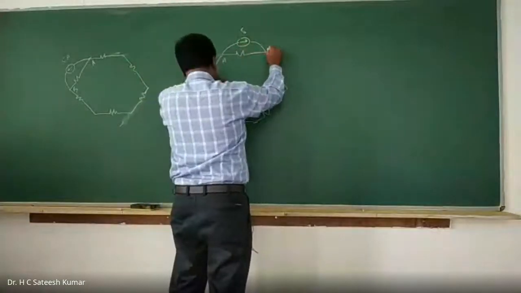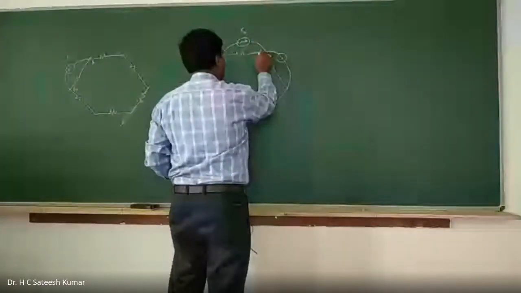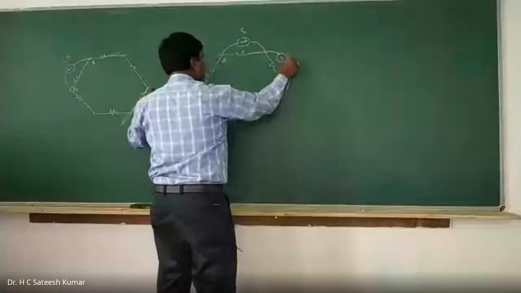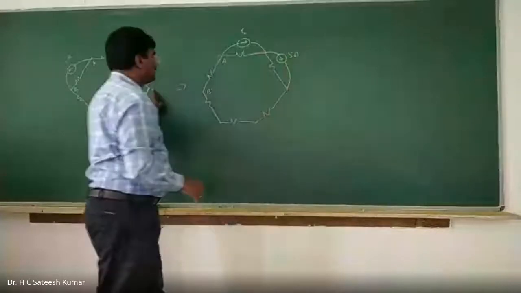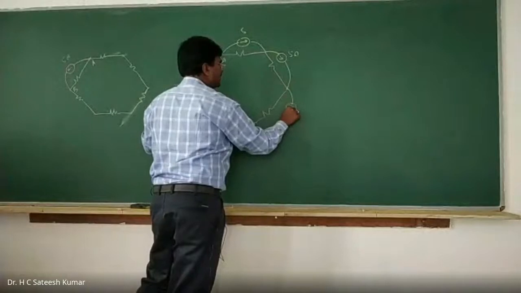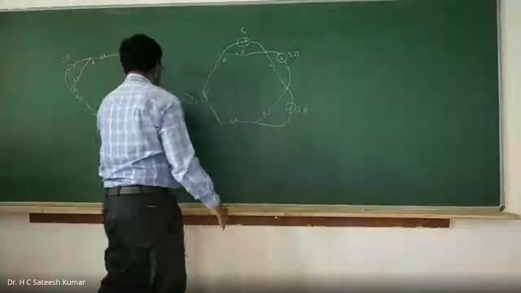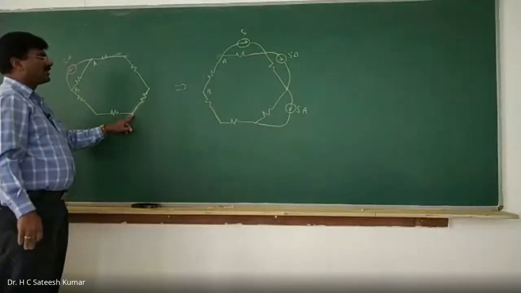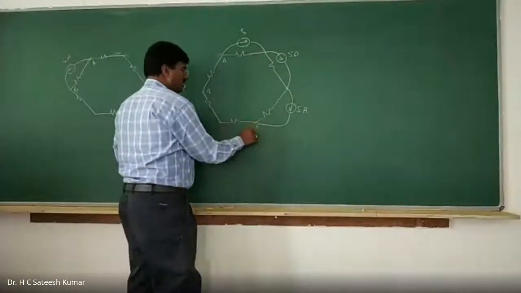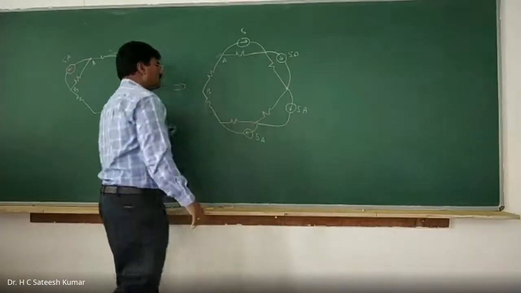So what I do is 5 amps entering, 5 amps leaving, it is 0 here. Next, 5 amps is entering here, but the net should be 0. Therefore, to make it net 0, I'll make it 5 amps leaving. Now 5 amps is entering here, net is 0 here, but 5 amps is entering. To make it net 0, you make it 5 amps leaving.